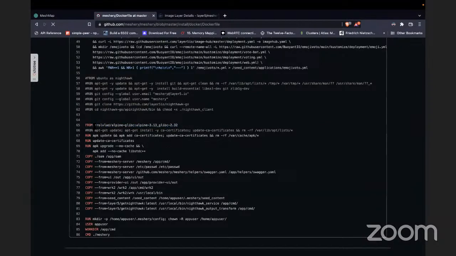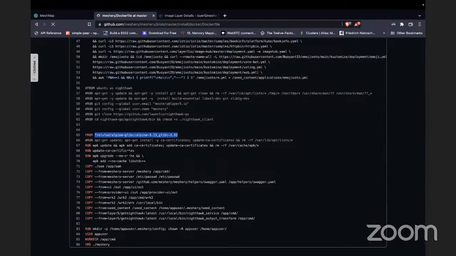But the problem is this is not for ARM. This is only for AMD, which crashes; if you try to build this image on an ARM platform, it will fail. So we are on the lookout for an alternative. I have searched, but I couldn't find one. The alternative would be an Alpine-based image that has all the glibc dependencies and is compatible with both ARM and AMD.